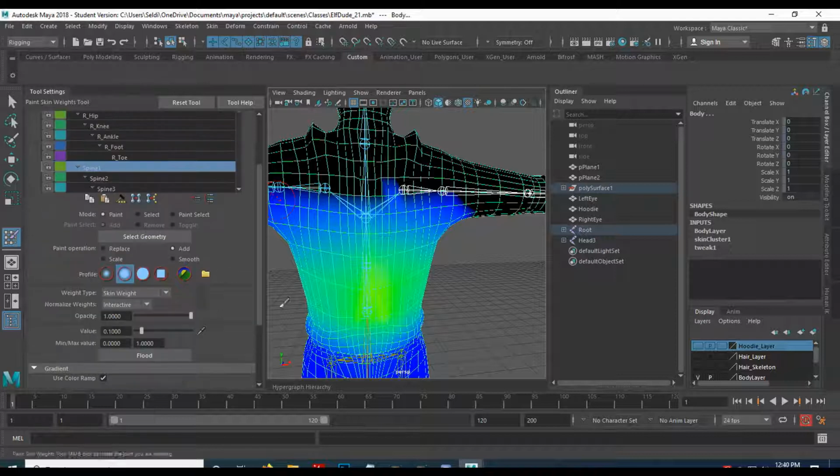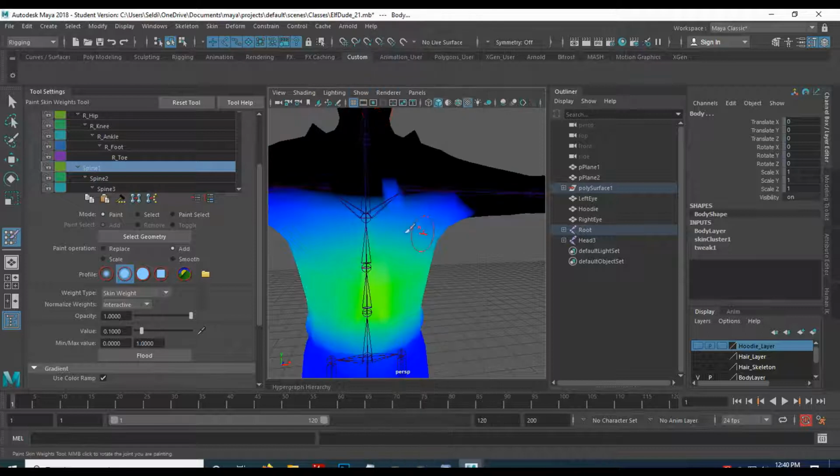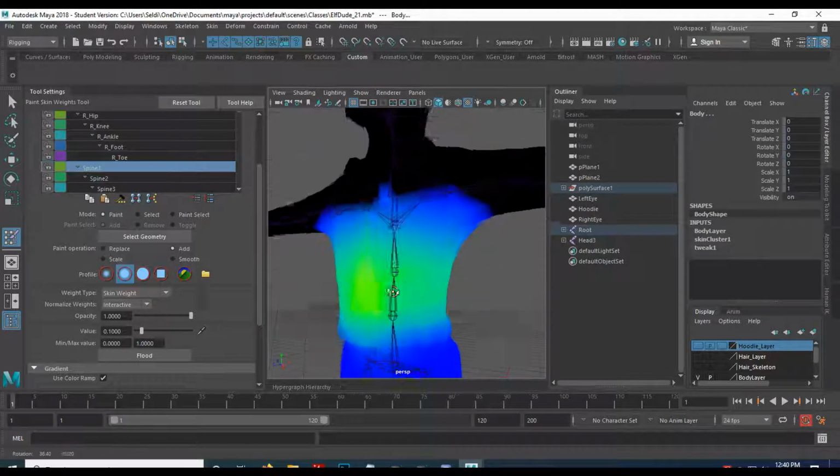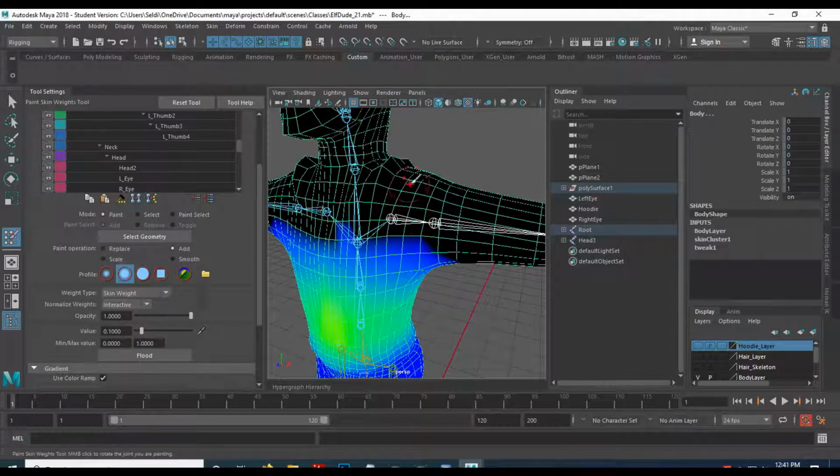Alright. And if you don't like seeing the wireframe on your model, you can go up to Show, come all the way down to Selection Highlight, and uncheck that, and the wireframe won't be there anymore. Okay, I'm going to keep mine on just because it's easier to model, but if it's really dense, it can be hard to see. So